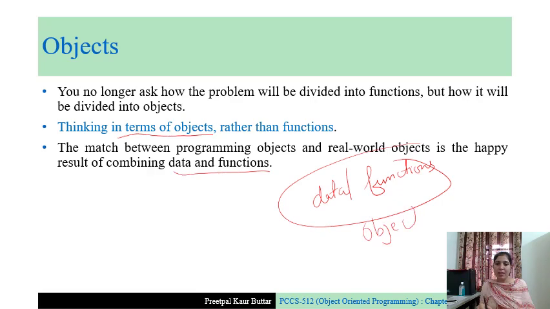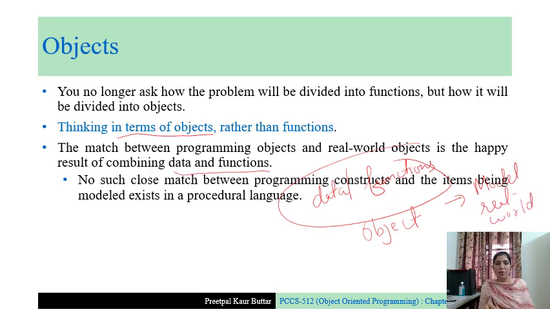So what is the result of this? The result is that we can model the real world. Okay. So no such close match between programming constructs and data items being modeled exists in a procedural language.